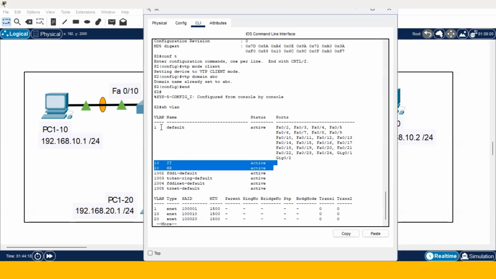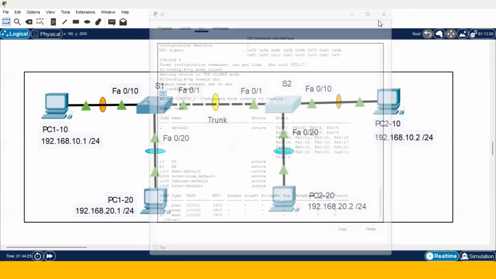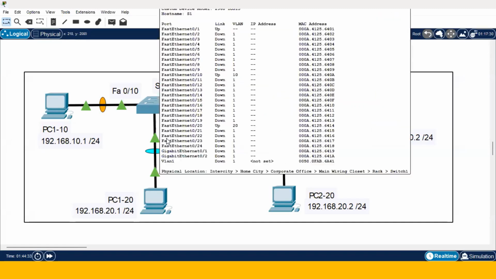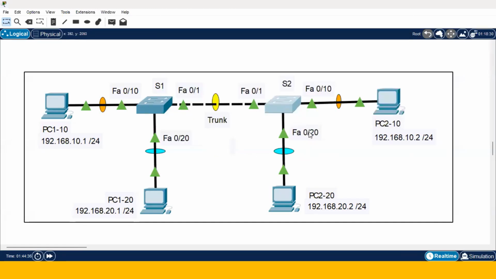But switch two shows that they are already created. Why? Because it is a VTP client, and switch one is a VTP server. Whatever VLAN we create on S1 will be pushed to S2 or any other client switch or any other server switch with a lower revision number than S1. Never add a switch that is a used switch with configuration on it to an existing network without deleting